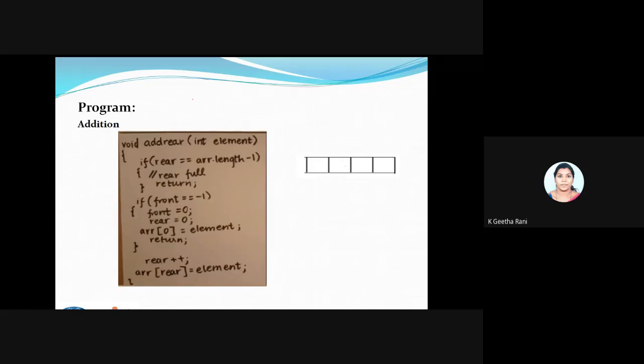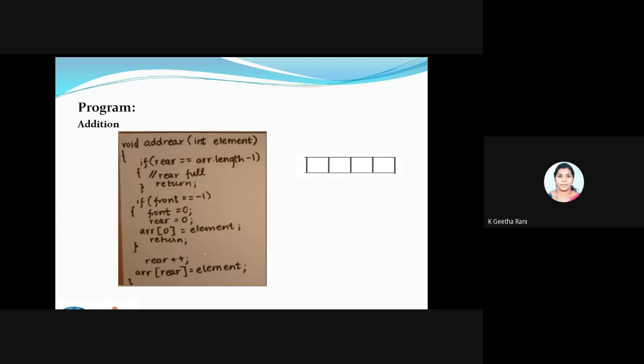So I won't be seeing all the operations because we have so many operations. Like basic operations are the 4 operations. I can have an operation like is empty, is full. Okay, so if you want to return the front value, if you want to return the rear value, you can use all these operations like small functions inside your code. Okay, so we're going to see only the 4 main operations here. So you try to build from this. Fine. So I've written in a very simple way. I have written only the logic of it.